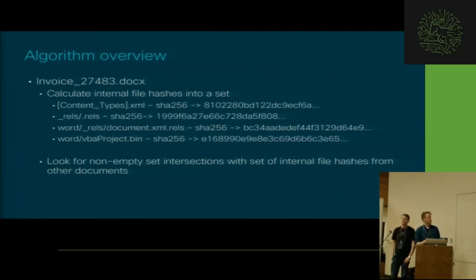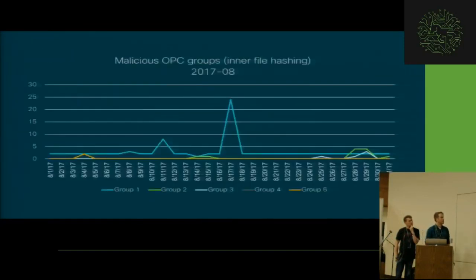And again, some of these are not useful, so I threw them away. Anything that ends in .rels is generally not useful, so these get thrown away. But some of these XML files and VBA project files are excellent for grouping documents that come from the same kit or the same group. What was encouraging about all this work is that the spikes were starting to get accounted for, whereas grouping the internal files accounted for the big spike we saw in the middle of the month. And again, using the sandbox runtime data as verification, these are all actually related.